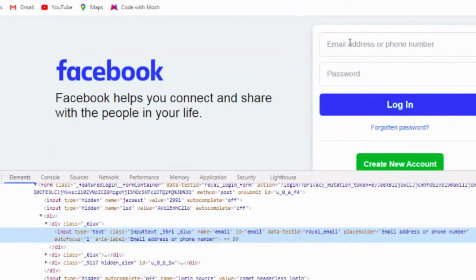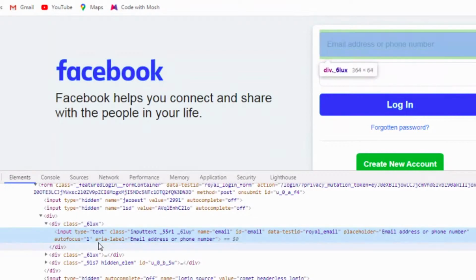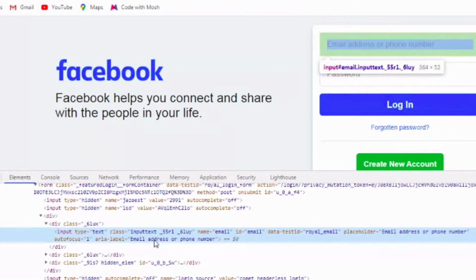In this input tag, we can see we have some locators. We have type, class, name, and ID.